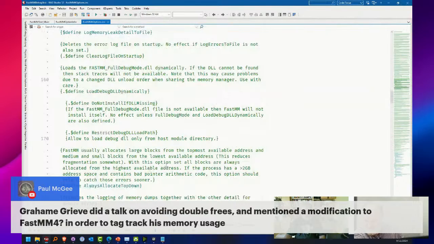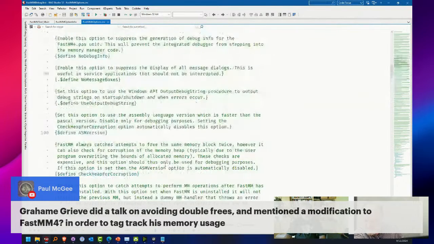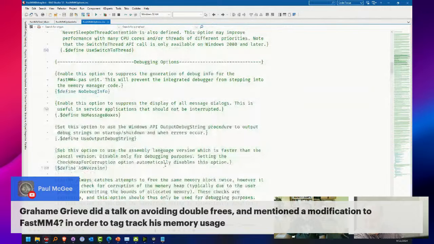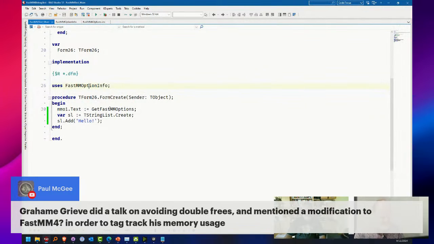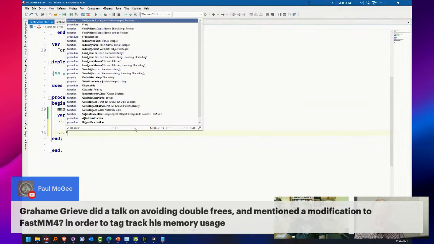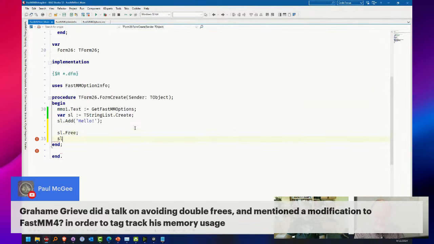There is one here for full debug or for double free. Yeah, right here. Check for heap corruption. Catches attempts to free the same object twice. Let's do that. So now instead of a memory leak, we're going to free it twice.